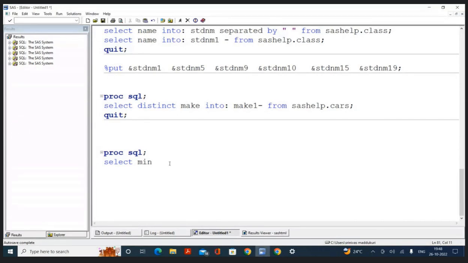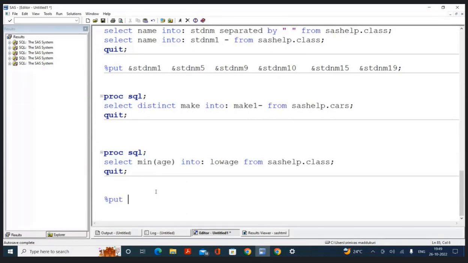Select min of age into colon. I want to have low age from SASHELP.CLASS. I'm writing it. I want to check the value. To check the value, I'm writing %put the minimum